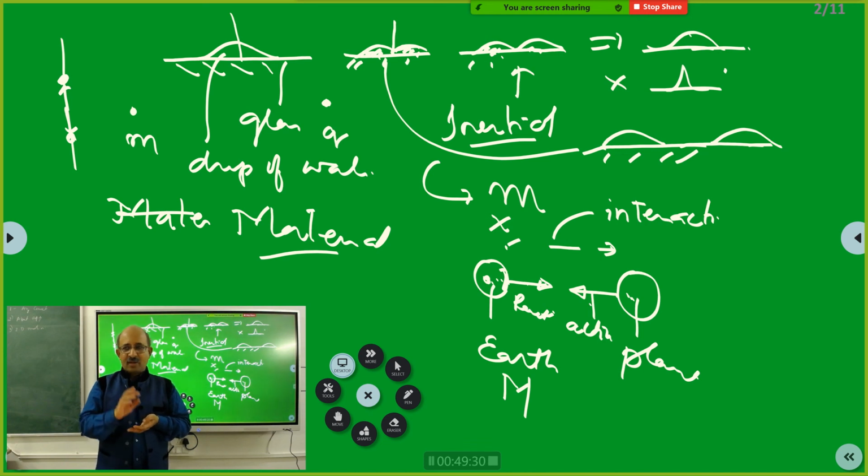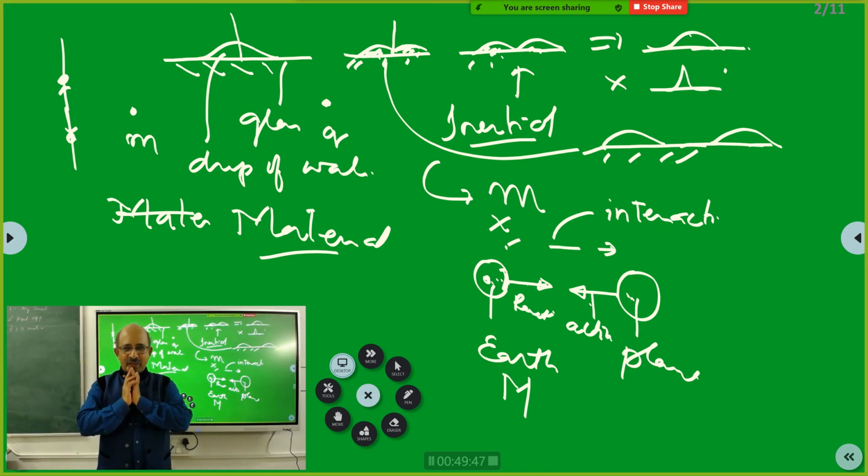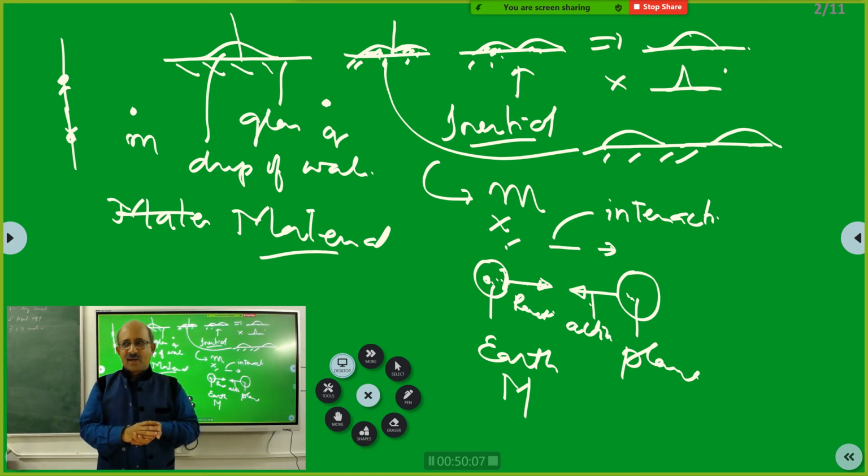Correct now? Yes. Now you see, a dog bites you. Action. So what is the reaction? You will bite the dog? Yes, sir. So you see, in physics, when you make a statement, the other person can mean whatever way he wants. So you have to make the statement such that the person has to mean the way you mean that sentence. Is that clear? Yes, sir. So now you be careful when you say Newton's third law.